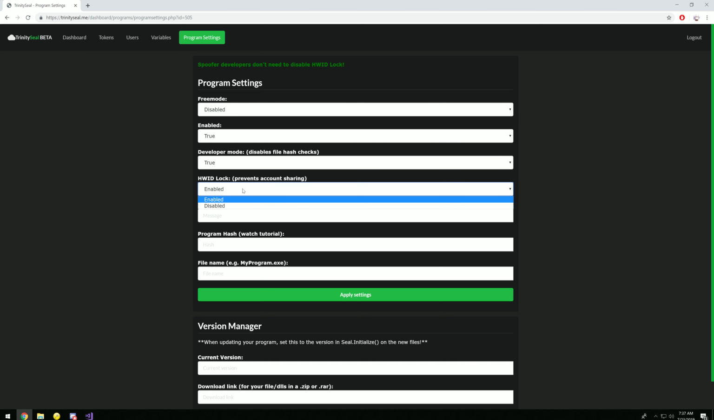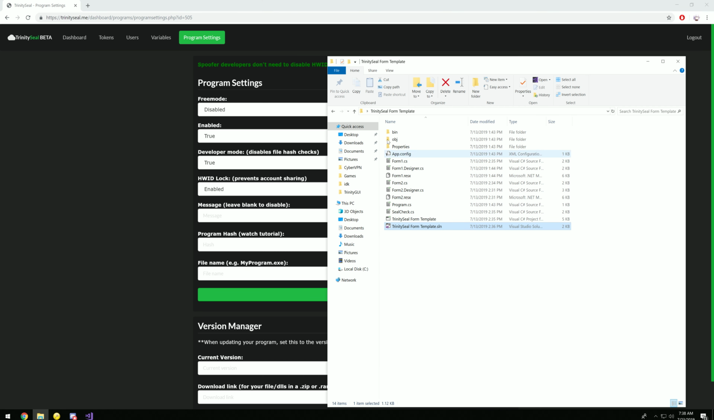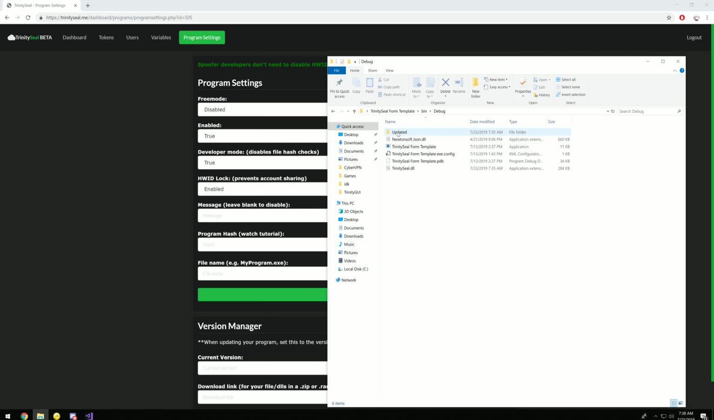HWID, or hardware ID locking, is where you can prevent users from sharing their account. It will lock their account to their PC. That's fine. All we're really going to be doing here is putting our file name in here. To do that, you can flip over to your bin and debug,